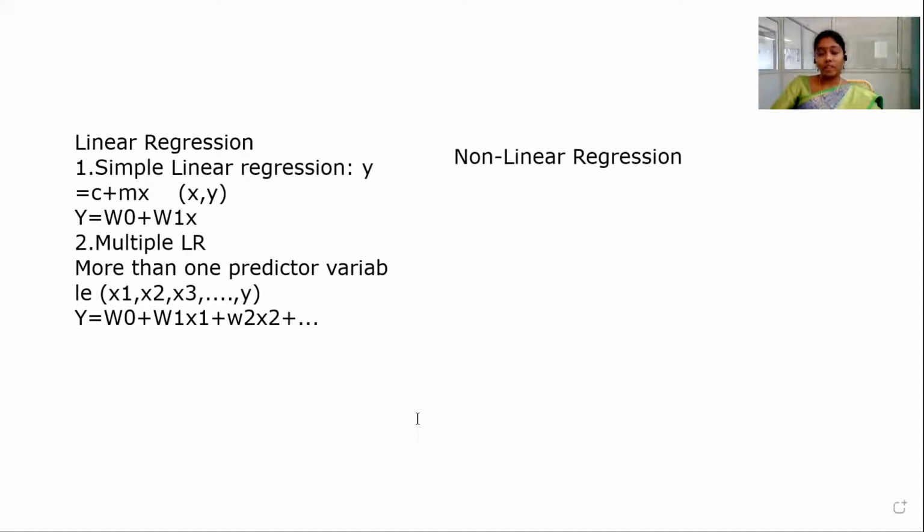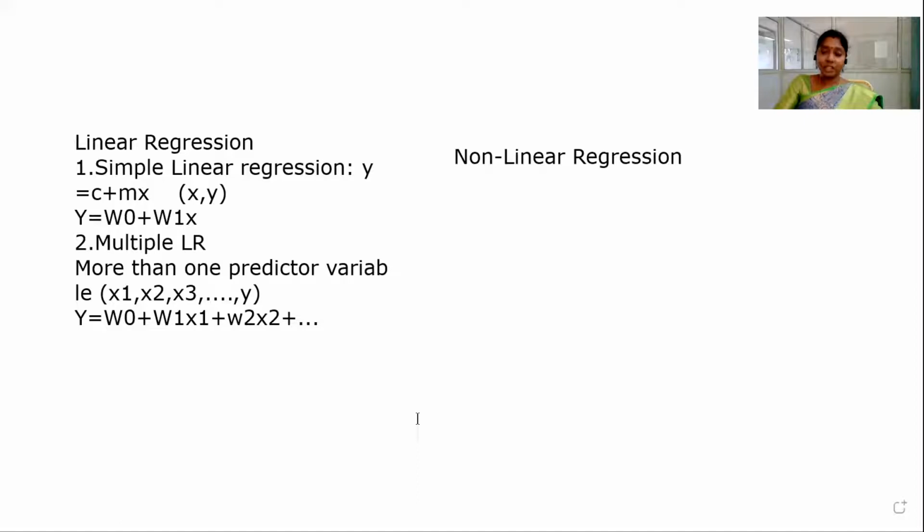So in yesterday's example, you have seen that as the year increases, the prices of oranges also increase. That's a linear relationship. But if you find the Sensex data, it does not depend on the year. If you go for the Sensex data, as the year increases, the Sensex may increase or decrease. That's complete non-linear data.